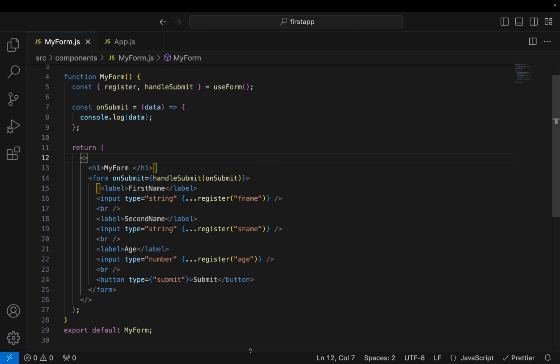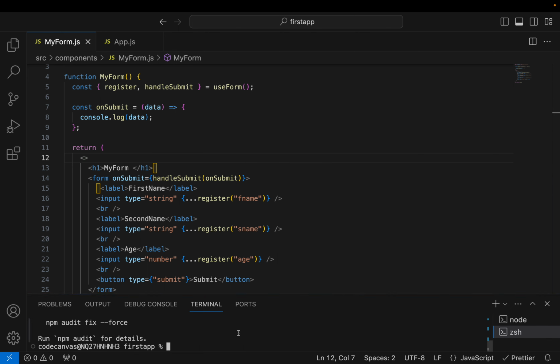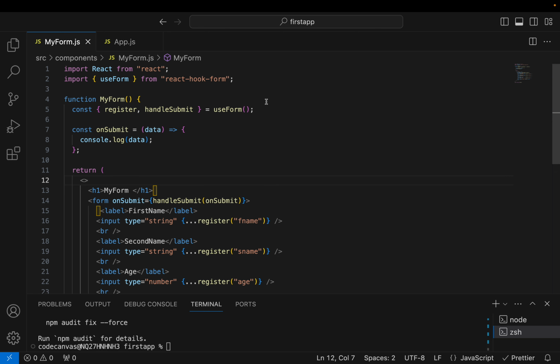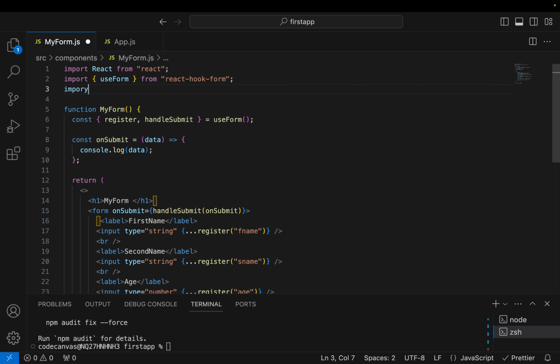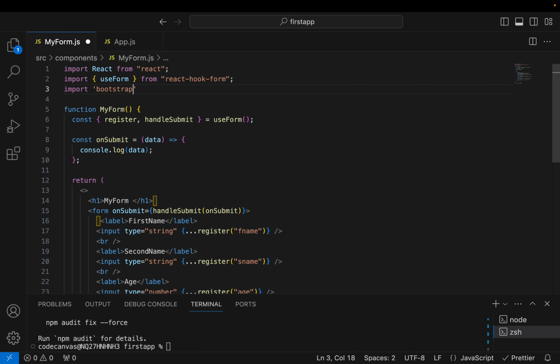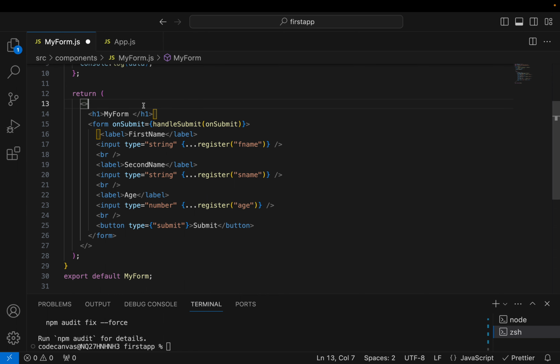For this, first of all, let me install Bootstrap. npm install bootstrap. Okay, so after getting it installed, now import the Bootstrap CSS file. So it will be in bootstrap/dist/css/bootstrap.min.css. This is the CSS folder where we have the Bootstrap classes, and let me wrap this entire form inside